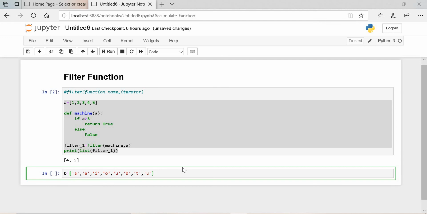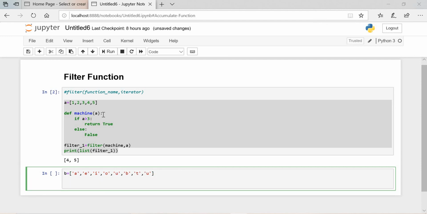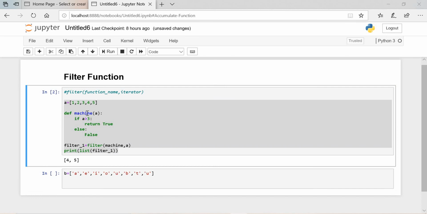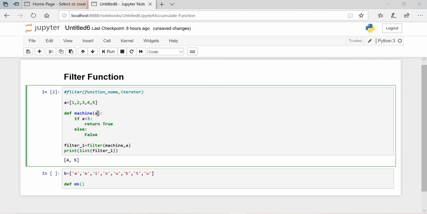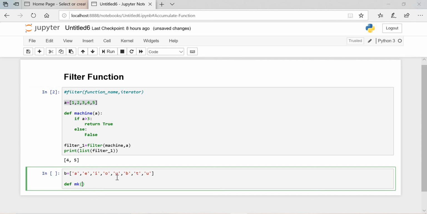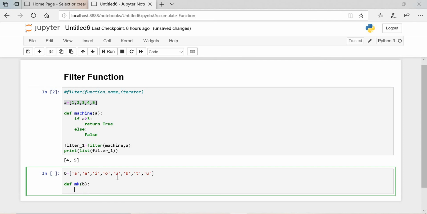So how will we do that? We have to create a function name, since we have created the iterator over here. So we'll create it with def, then put a name, any name we can put, like mk, then parenthesis, inside this we put the iterator, then a colon.